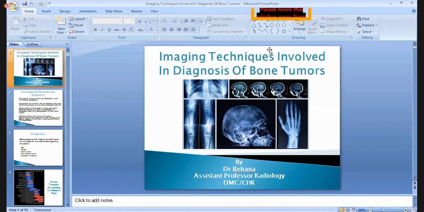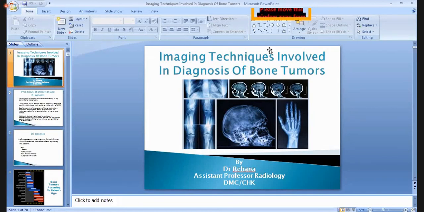So for the malignant, the next investigation is MRI, but always the first investigation is the CT. Oh, sorry, X-ray. And MRI is the next, nowadays because there is no radiation, but most of the time, in most centers, it is not available. Then we go for either CT or skeletal scintigraphy.